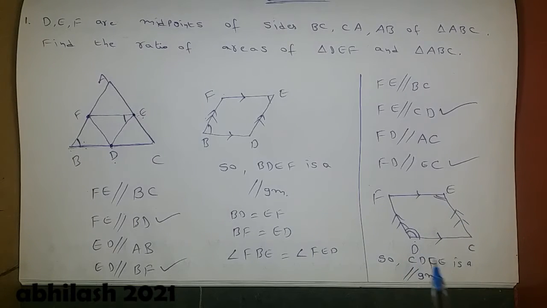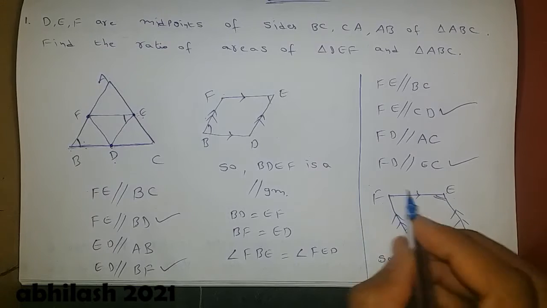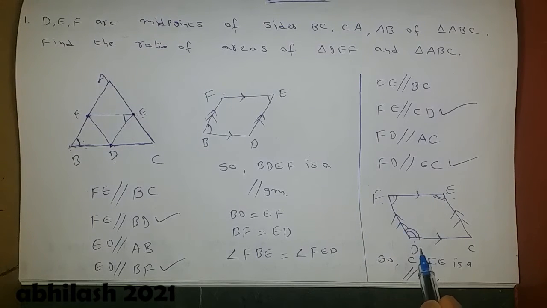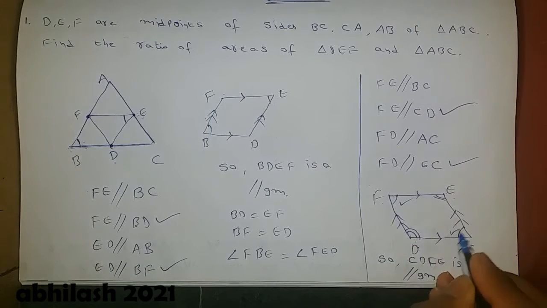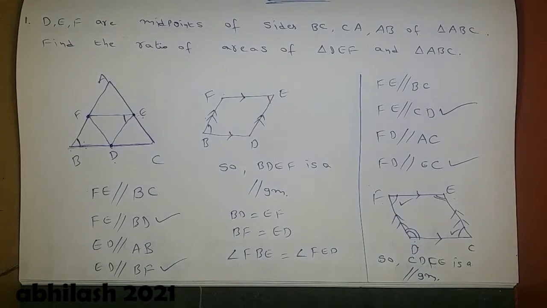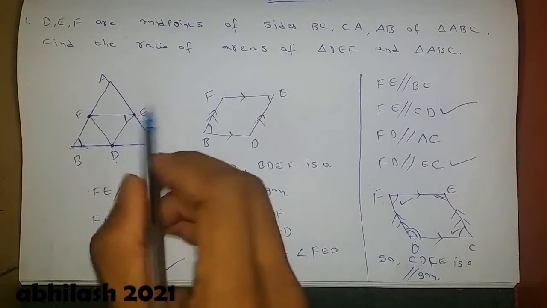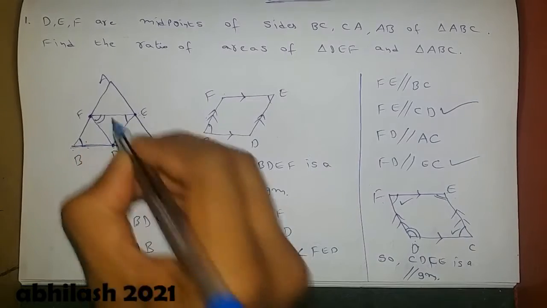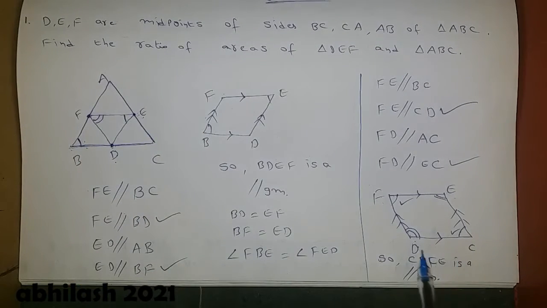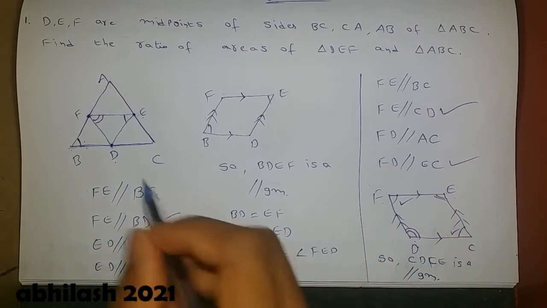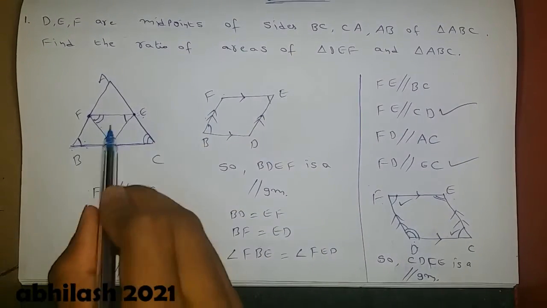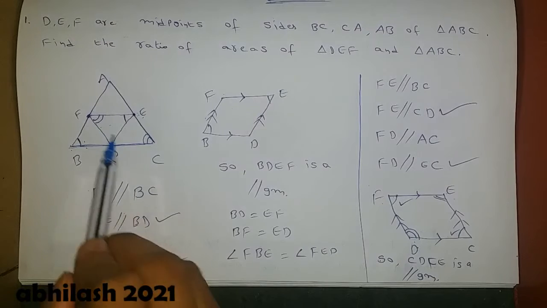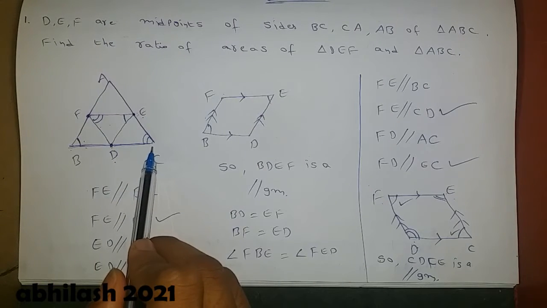Next, one more. Angle DFE is equal to angle DCE. Now I will take these two angles and mention them in the bigger figure. That is DFE. This angle is equal to DCE. Now again, of these two angles, one angle is in the smaller figure and one angle is in the large outer figure.